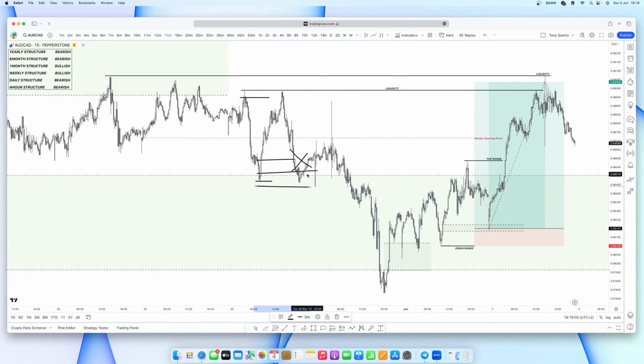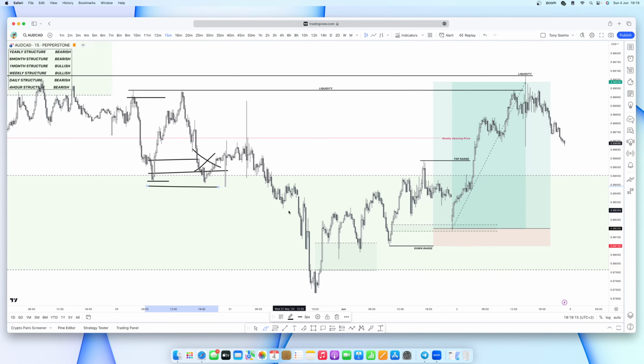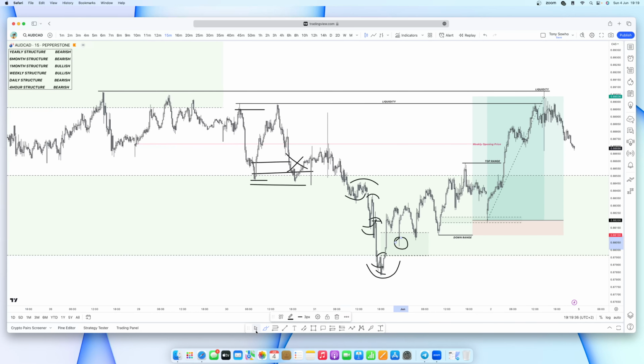And then what happened? Price was coming to the downside the more, and then we have what? Lower low, lower high, lower low, lower high, lower low, lower high, and then we had what? Lower low, right? You could look at this lower high, lower low, but then I'm just going to call this lower low, and price broke the structure, right? So the first entry would have been in this area to go up, but I didn't see all of this, right? The one I saw and I marked out